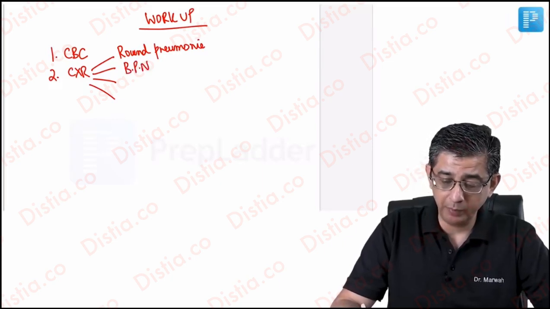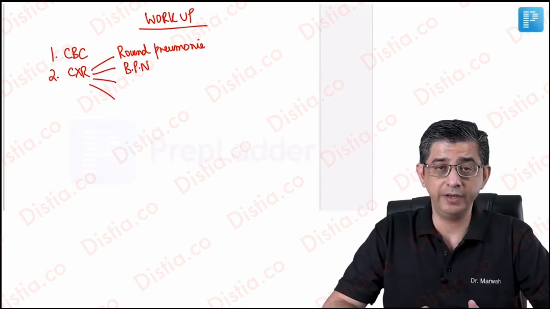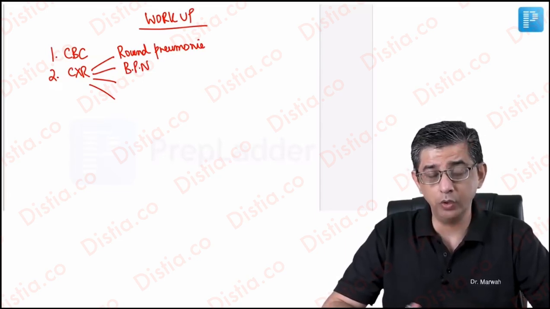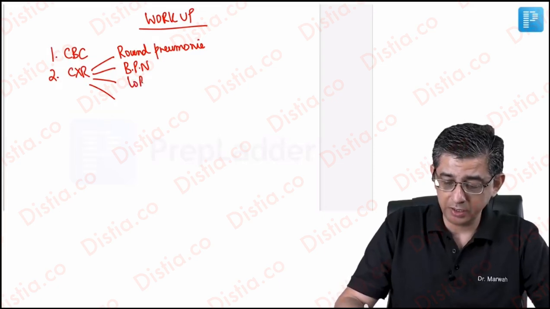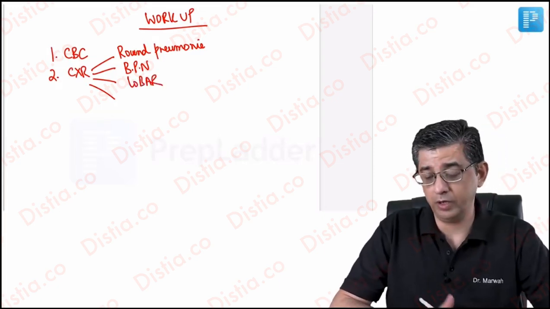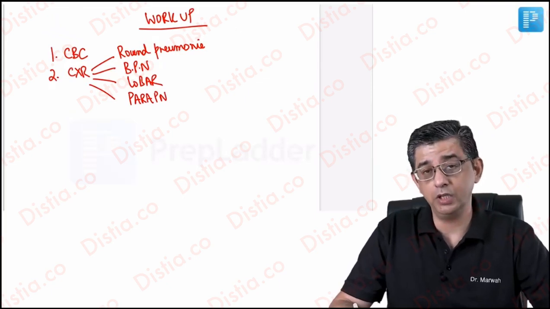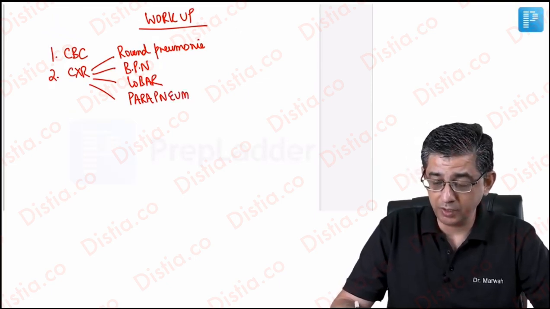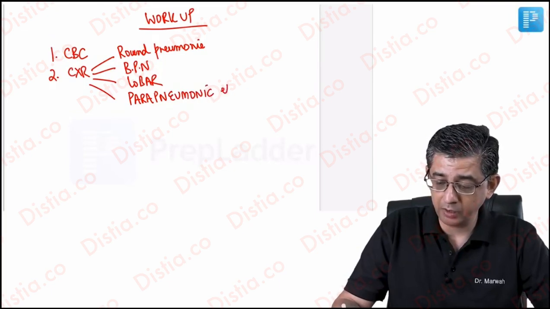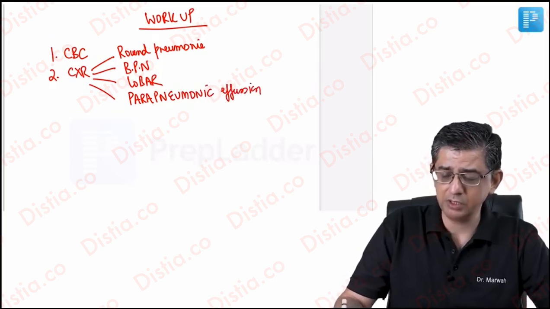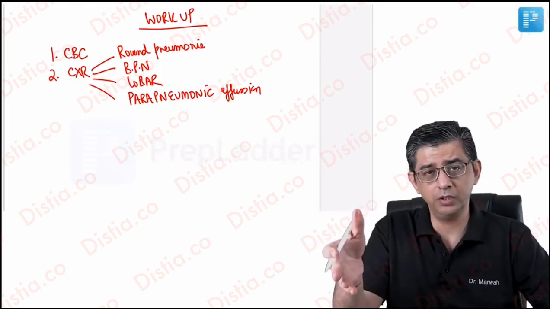Especially in children, you might be noticing diffuse infiltrates in both the lung fields, so it could be bronchopneumonia. The traditional finding is obviously for lobar pneumonia, and then there could be a combination of findings of pneumonia plus pleural effusion given in a question, because lots of times patients might be having a parapneumonic effusion. In fact, if he says what is the number one cause of a parapneumonic effusion, it is, after all,